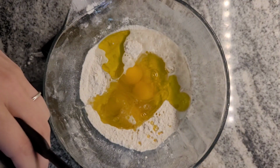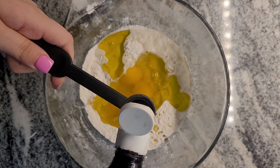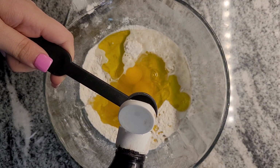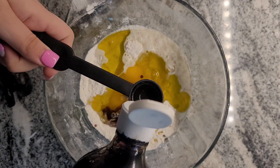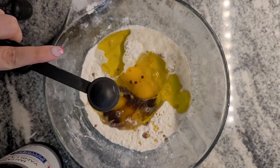After you're done adding that, you're going to want to go ahead and start with the mixing. When I started baking this cake, I didn't really know what to expect since it was the first time that I was making this recipe. I ended up making a few changes to it myself, and I